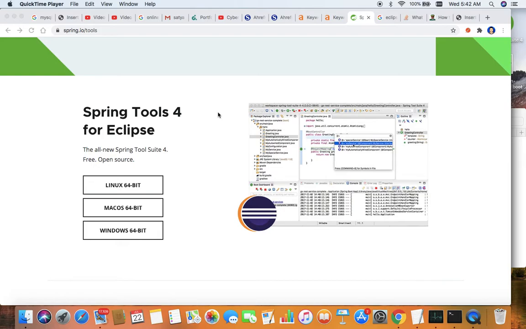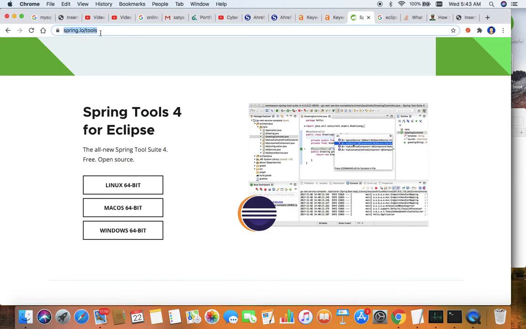So when you go for using Spring Toolsuite on your machine, first of all you must have the JDK, preferably JDK 8. Then, whichever operating system you are using, based upon that you can choose the Spring Toolsuite from spring.io/tools.